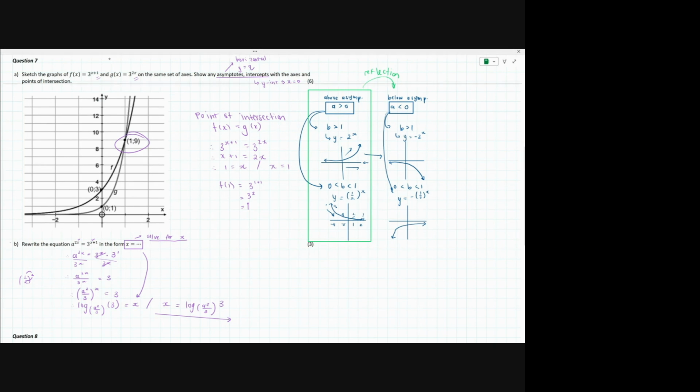All right, so quick six, just the mark allocation for the drawing of the functions in question 7a, just so that we know what's what. You are going to get a mark for, how many marks is this? 6 marks. You're going to get a mark for the